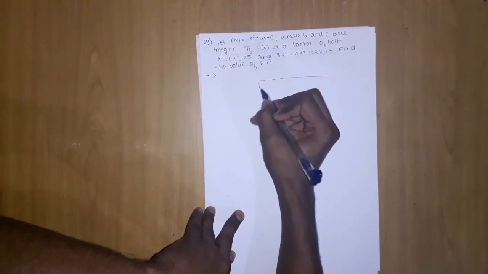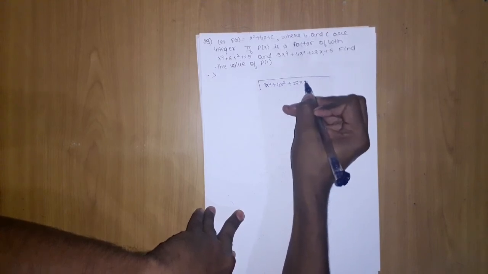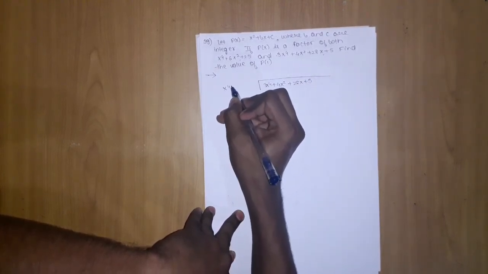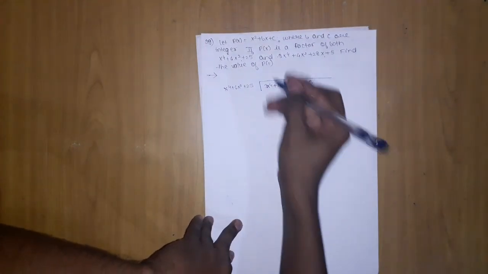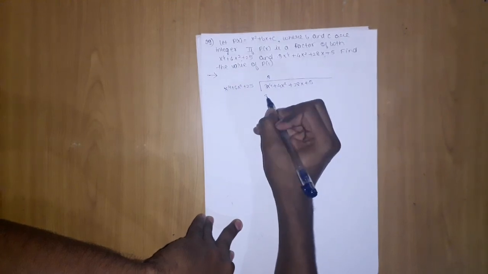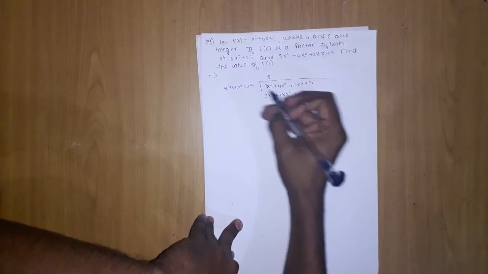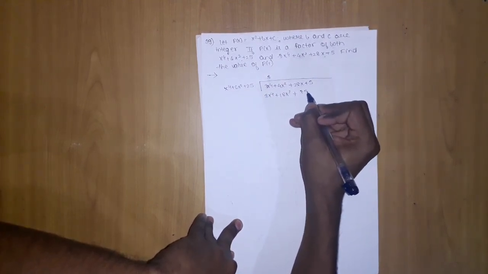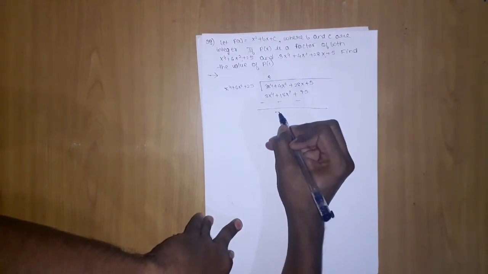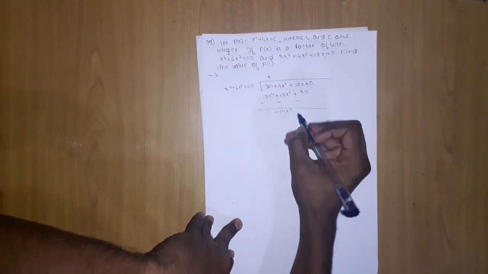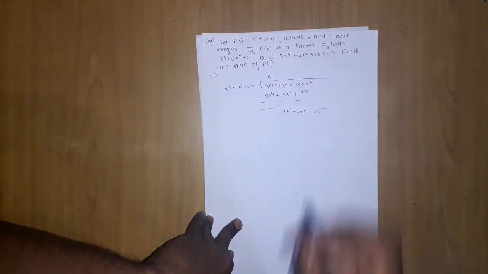So 3x to the power 4 plus 4x square. It is your basic class 10 thing. If you have forgotten, then this question you are done with. You cannot solve this further if you are not able to do this. So what I will do is 3x raised to 4, 18x square plus 75, minus. We are done. Here we will have minus 14x square, plus 28x minus 70. Okay, now we are done.